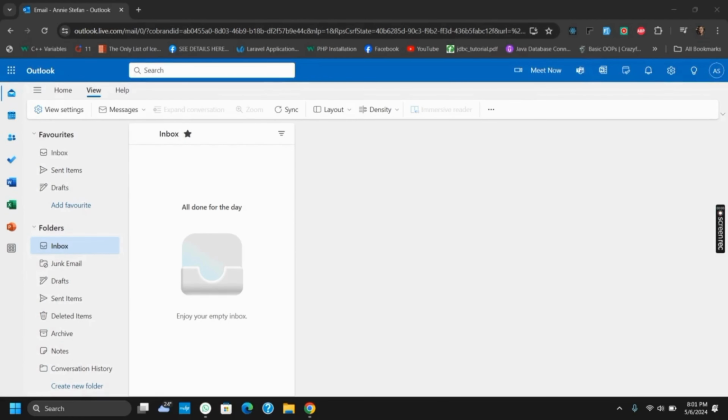Outlook also has a size limit for individual folders, so if a folder reaches its size limit, Outlook might not display all the mails. So try moving some mails to other folders to reduce the size as well. So these are some of the troubleshooting steps that you can